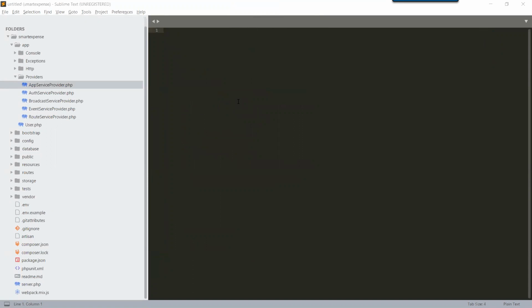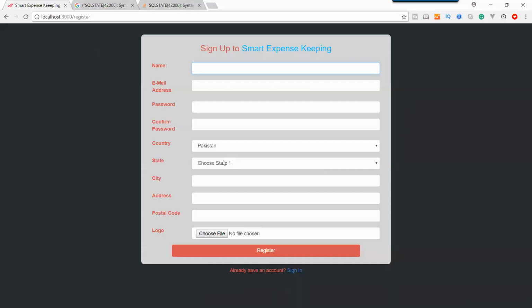So if I go to the browser, we have a country, and we have to create a table for country and insert all the countries list into our country table. Every country has its states or zones, so we will also have to create a table for country, state and zone, and for that purpose we have to create our migrations.